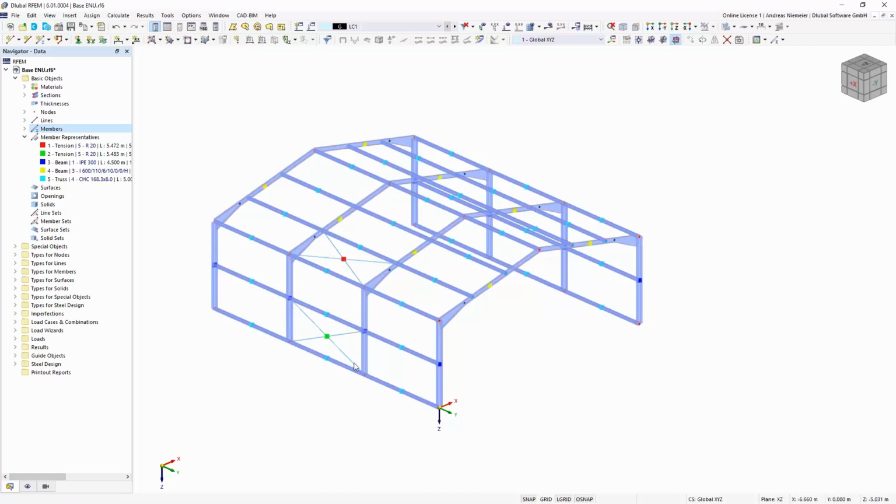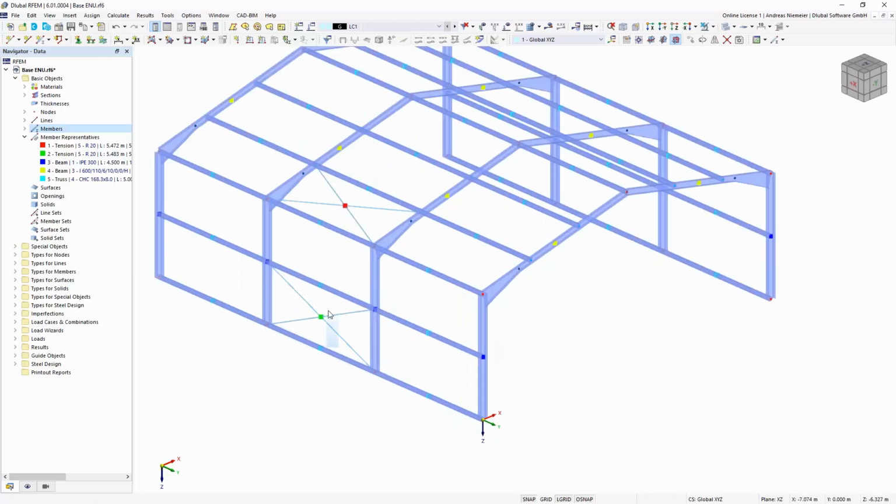And because when I define a new member, these representatives algorithm runs again and finds new ones. So if I copy now some representatives, or let's say members, which have the same properties, nothing happens. The same for the roof bracing. But we see that the roof bracing has another color like the wall, because these members have a different length.